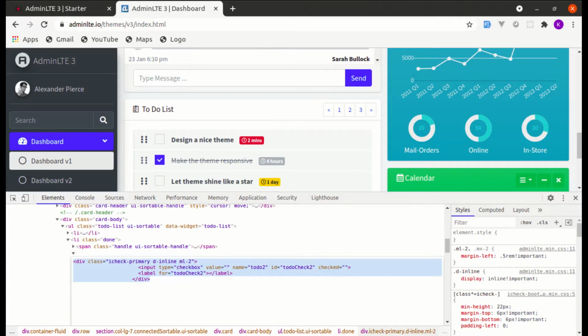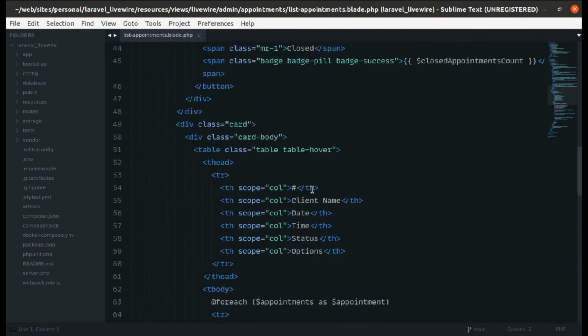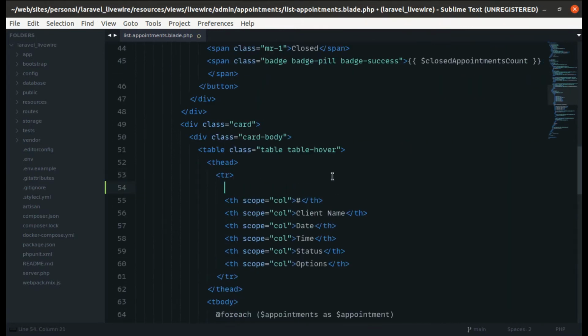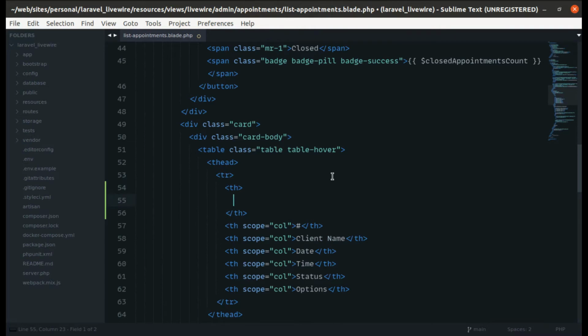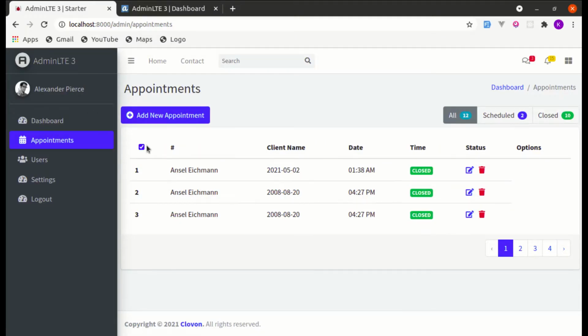list appointments.blade.php file, and let's go over here and let's paste that code. Let's indent it, and we added that, right? Okay,